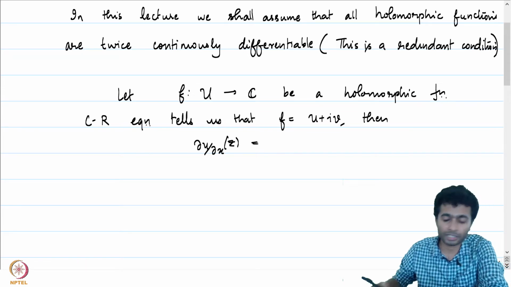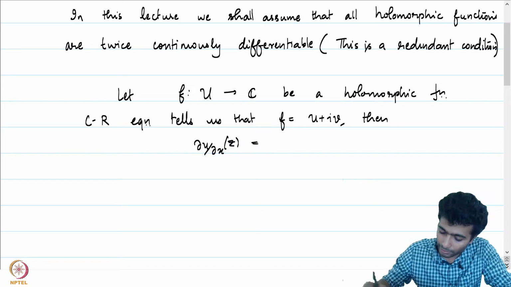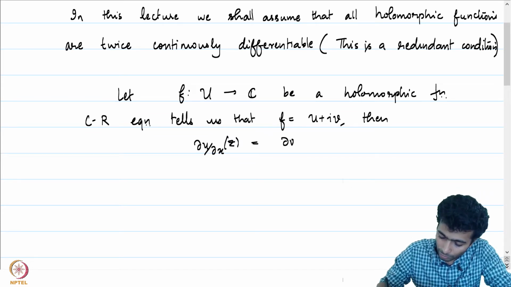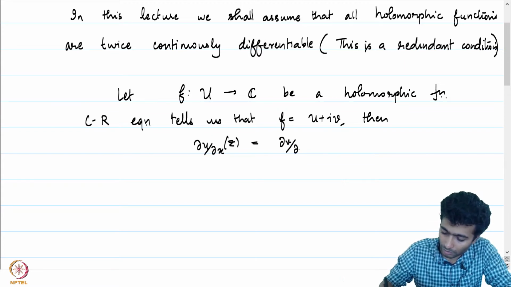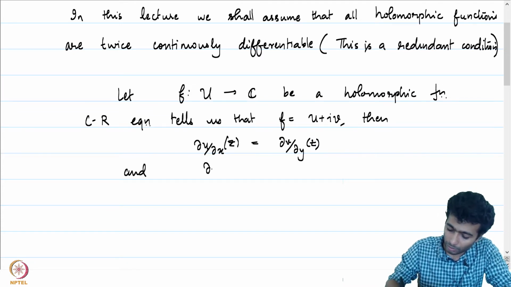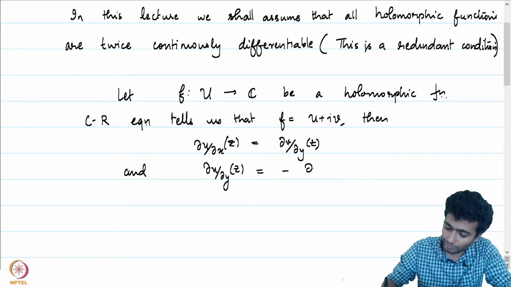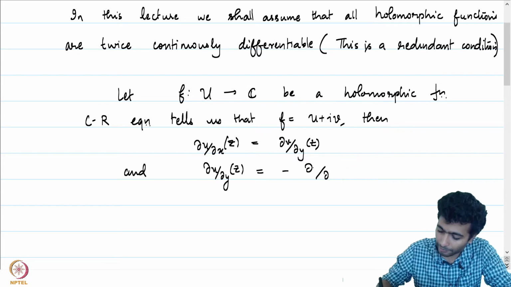So we have assumed that it is holomorphic and hence complex differentiable at every point on U. So ∂u/∂x at z is the same as ∂v/∂y of z, and ∂u/∂y of z is equal to minus ∂v/∂x of z. (*)